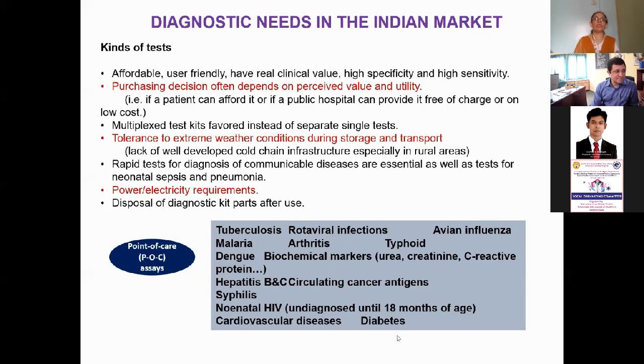Then we also need multiplex tests, which can simultaneously detect two to three things or more. So multiplexing is much better than single separate tests. For example, there is a condition when the person just has high fever. Sometimes he says that yes, there is pain in the joints. Sometimes he is complaining of general pain, but then the antibiotic is not working,